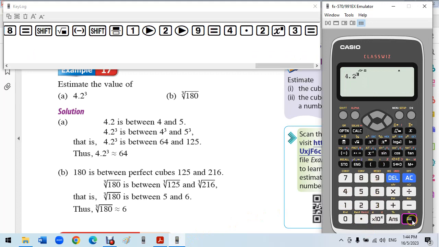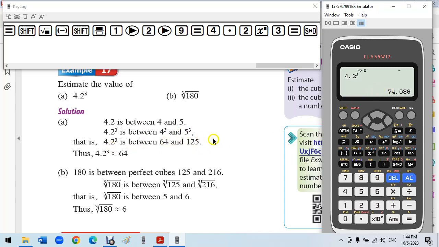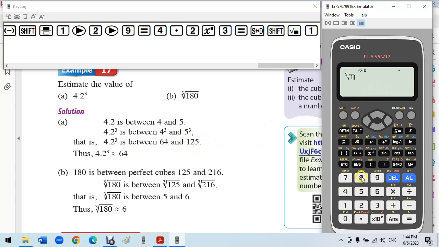Okay, so we want to estimate this value, so we just calculate out this value, 4.2 power 3. So 74, near to 64 instead of 125. So we have the cube root of 180. Okay, close to 6. It's between 5 and 6 and close to 6. Okay,